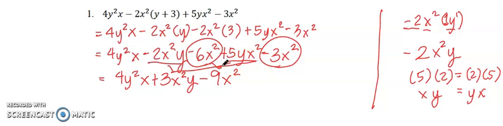Now we are done. And if you are asked again to arrange your answer in descending degree, then let's do that. Let's first get the degree of each term. For the degree of the first term, you have y squared x. The degree of this one is 3 because you just add the exponents of the variables. That's 2 plus, you can't see it, but you have here 1. So that's 3. For the second term, you have 2 here for x. For y, you have 1. So that's still 3. And for the last term, you have an exponent of 2. So the degree is 2.